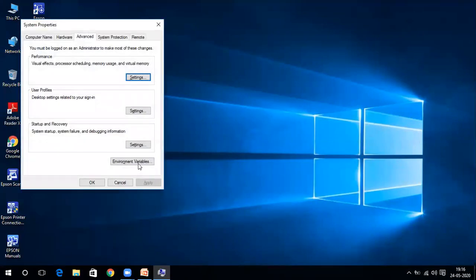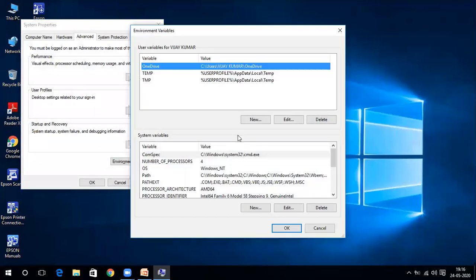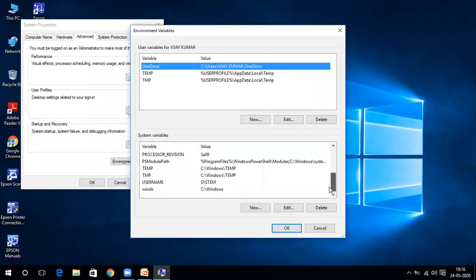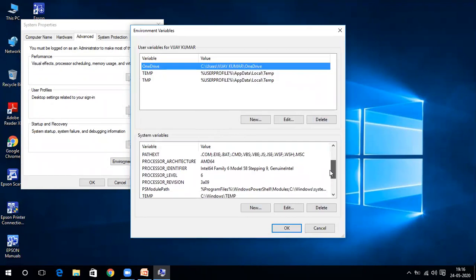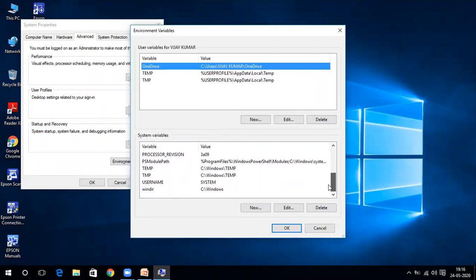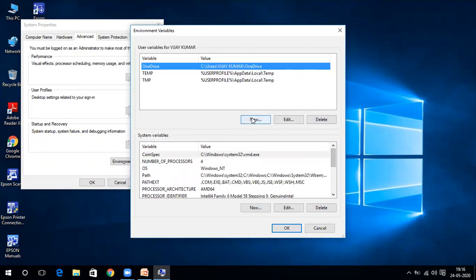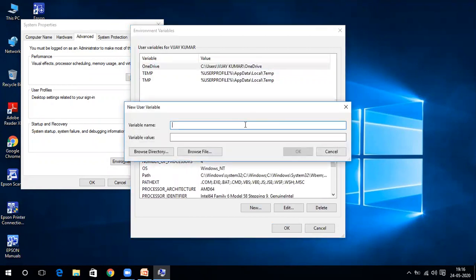Okay, and you can click on the environment variables option. Here you can set your JAVA_HOME path. If not, you can create your own new variable. Here I'm going to type JAVA_HOME and give the Java directory where you installed.